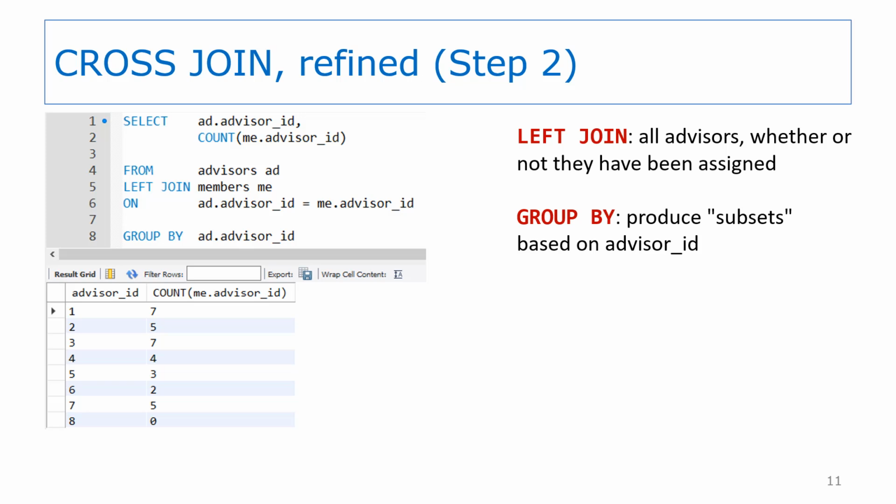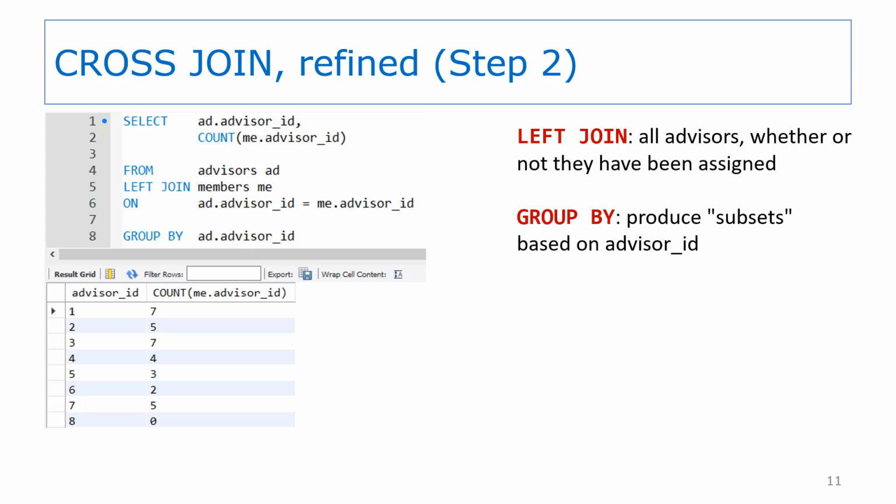So this select statement gives us the result set shown here. We have the list of advisor ID values from the advisor table, and the count of the number of students the advisor is assigned to. Note that we have to use a left join for this statement. If we use just a join, the result set would not include advisor ID 8, since that advisor does not